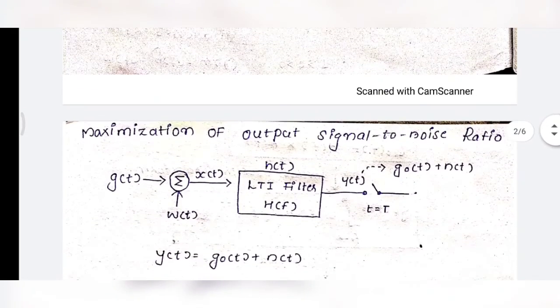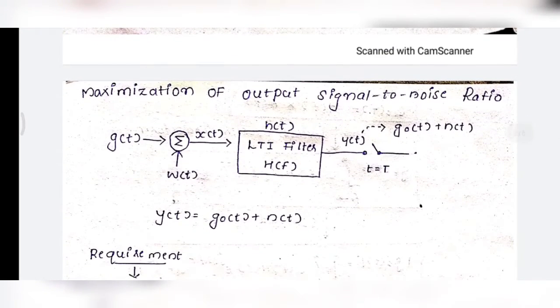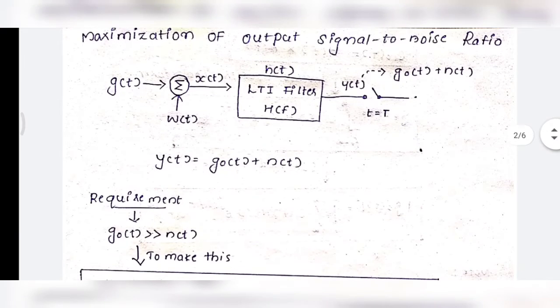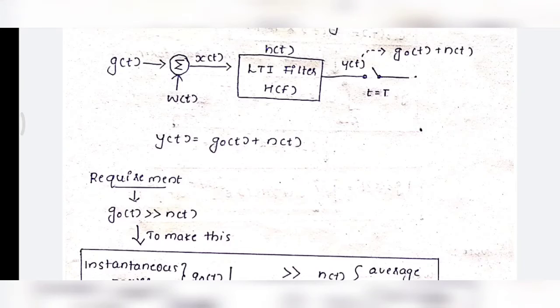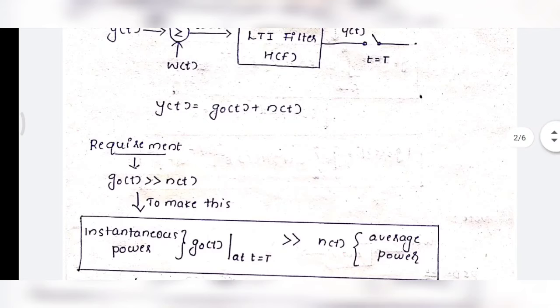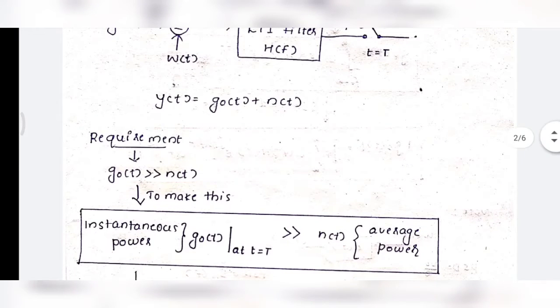So we next discuss maximization of output signal to noise ratio. For this, we again consider a block diagram of matched filter having input signal. Here y of t is equal to g naught t plus n of t. Here our requirement is to maximize the signal to noise ratio, so the signal g naught t is far greater than filtered noise n of t. To meet this requirement, the instantaneous power of the signal g naught t at t equal to capital T is far